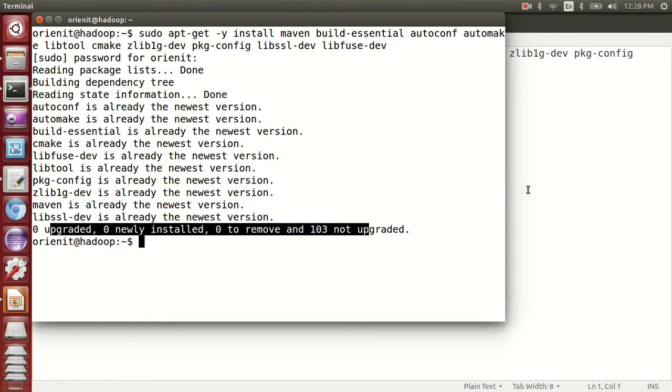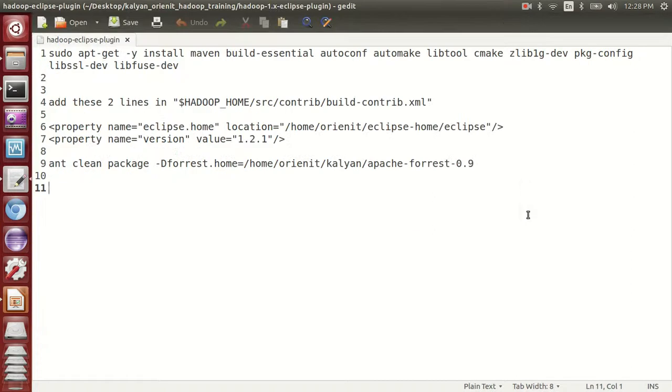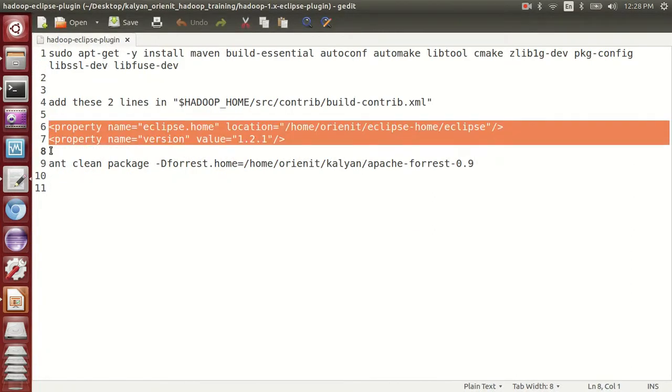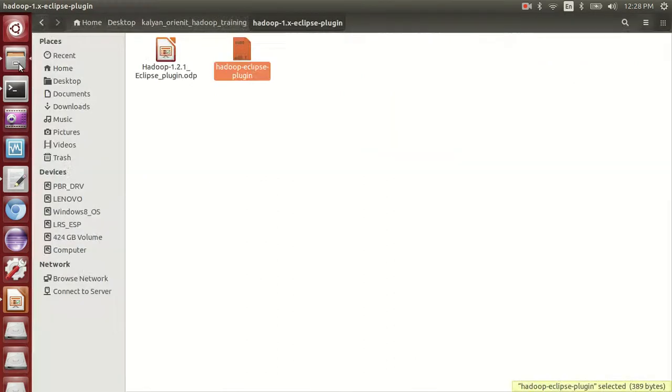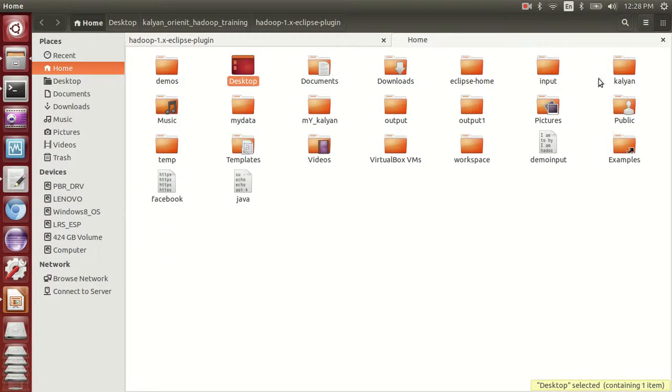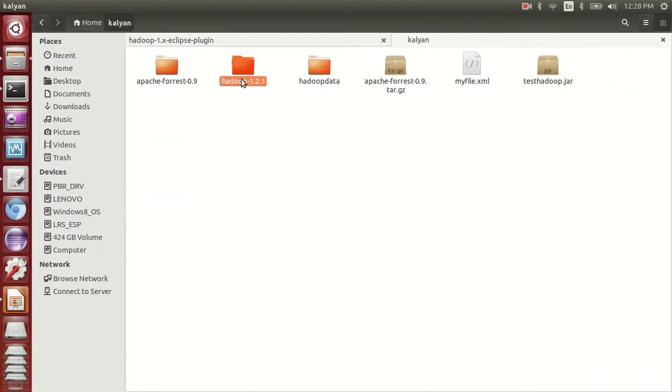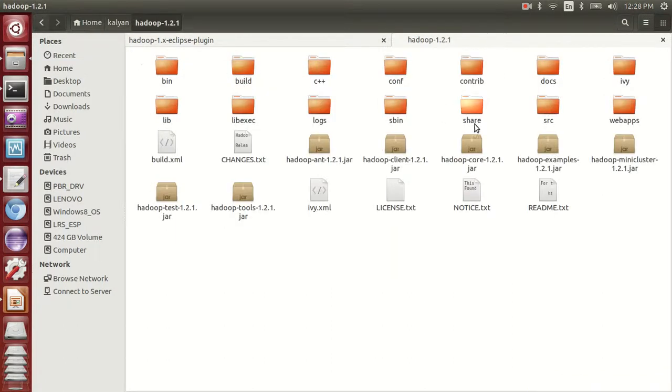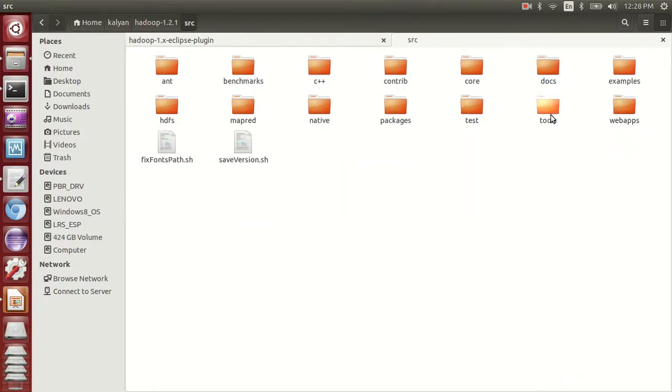Now let's go for the second step, adding the two lines into the build-contrib.xml file inside the src contrib folder of the Hadoop home. Let me show my Hadoop home, which is available in the Kalyan folder, the Hadoop 1.2.1 folder, and we need to go to src.